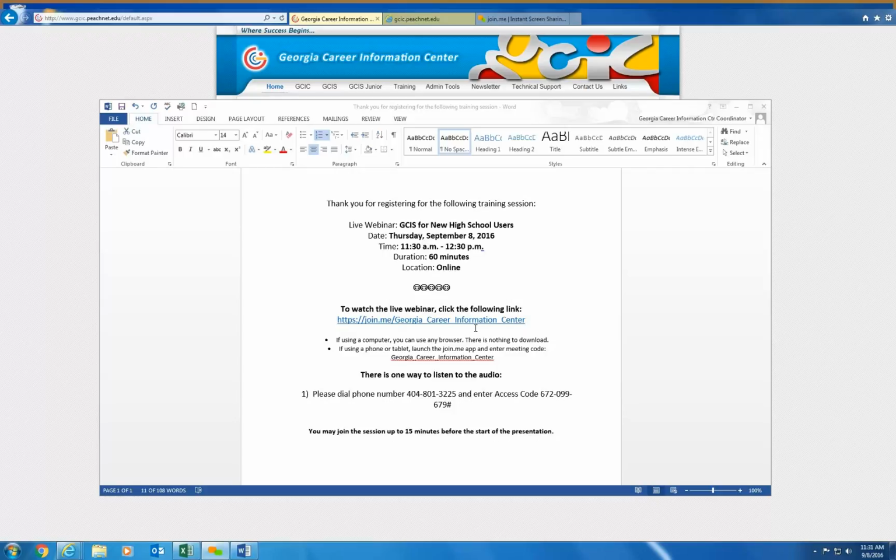The Georgia Department of Education and the Georgia Career Information Center have partnered together to provide access to the Georgia Career Information System, or GCIS as some of you know it, and the administration tools for every public middle school and high school in the state of Georgia. As the new high school site administrator, you'll have an opportunity to use GCIS to support your career advisement efforts at your high school. And during today's presentation, we will define the various types of GCIS users.